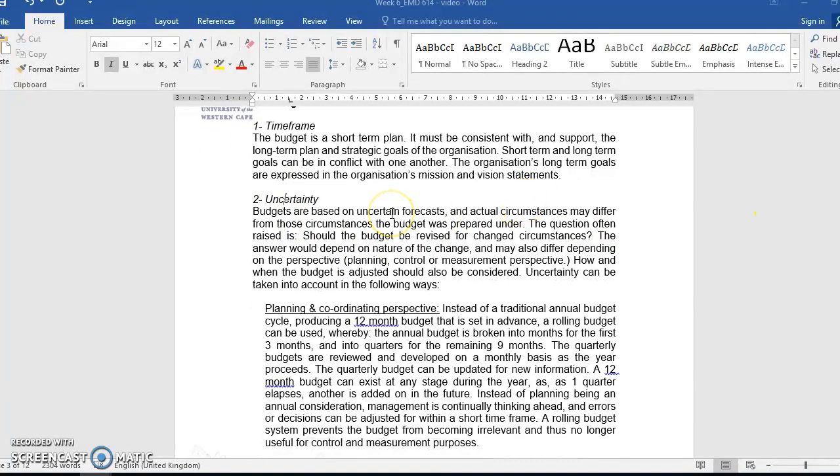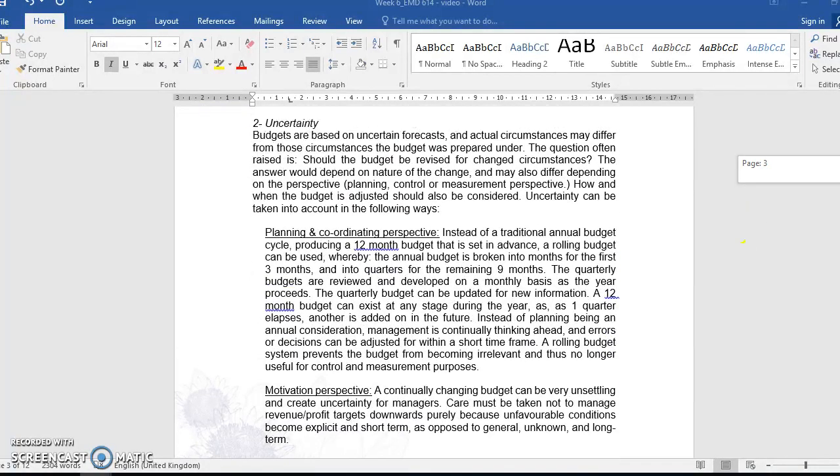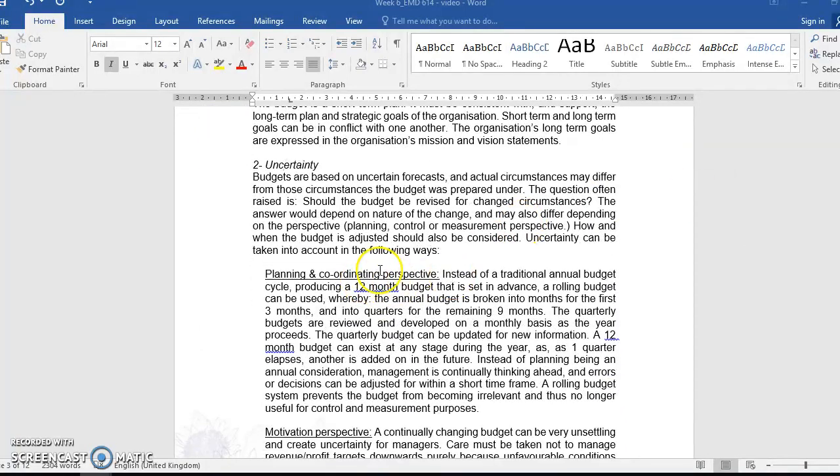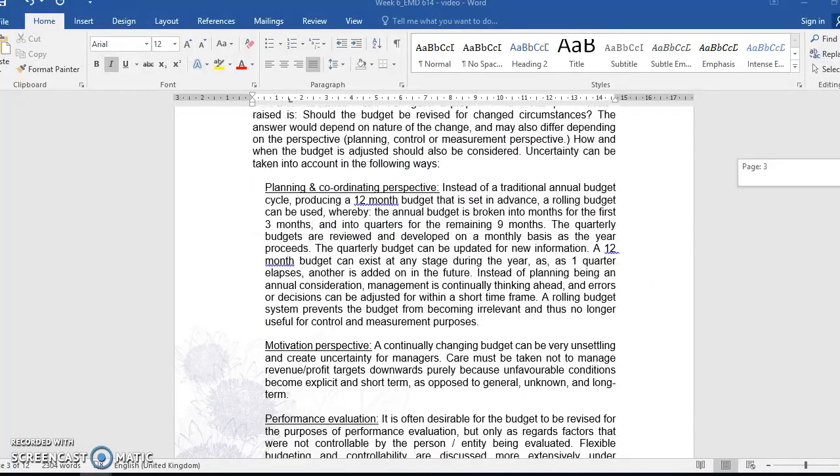A budget is essentially a forecast, and so it's important to try and prepare a budget as close to realistic as possible, but just bear in mind that a budget obviously will never be actual because no one has a crystal ball. Just in terms of planning, budgets can be 12 months, it can be 3 months, it can be 9 months,